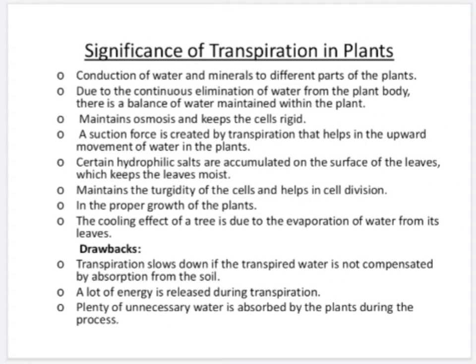Significance of transpiration in plants. Transpiration occurs because plants take in more water than they actually need at a given time. It's a way of getting rid of excess water. When water is removed from the plant, it can more easily access the carbon dioxide that it needs for the process of photosynthesis. Also, plants can use transpiration as a method of cooling themselves.